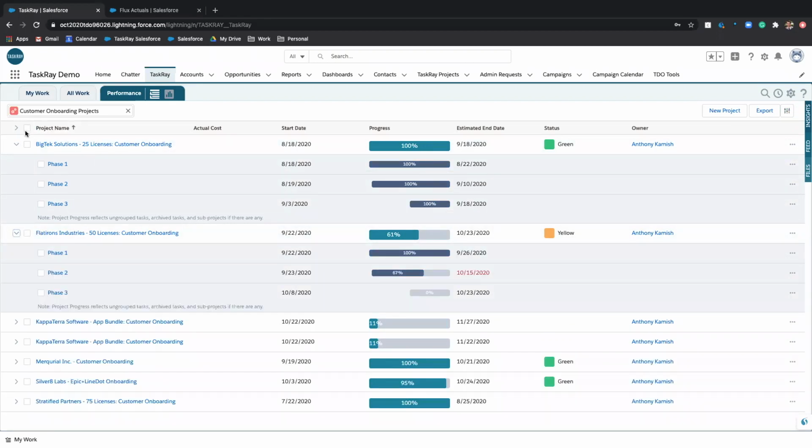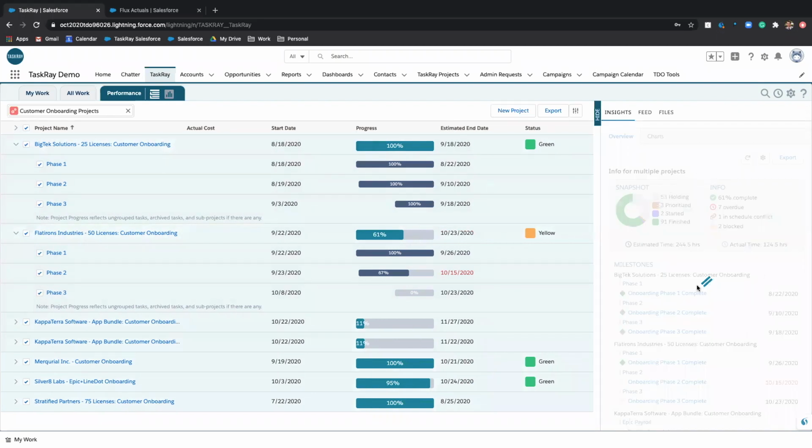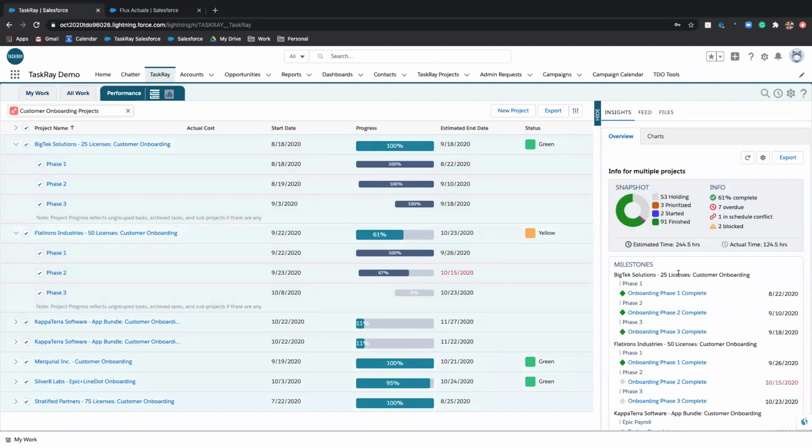One thing I like to highlight here is, let's check all of these, and then let's go ahead and open this Insights tab over on the right where that red 7 is. This is part of what I was mentioning with TaskRay, doing the work behind the scenes to give you a heads up and kind of have your back. Do you remember that schedule conflict that I created in the Capitera project? That's actually showing up here,